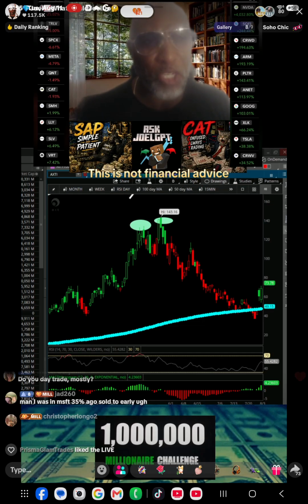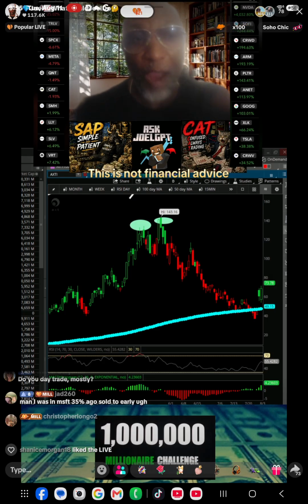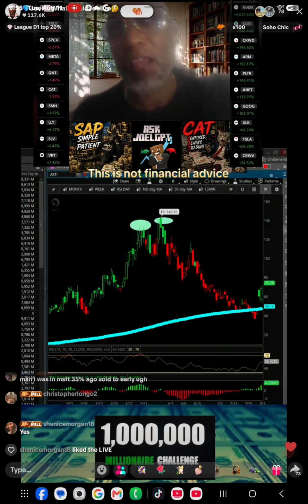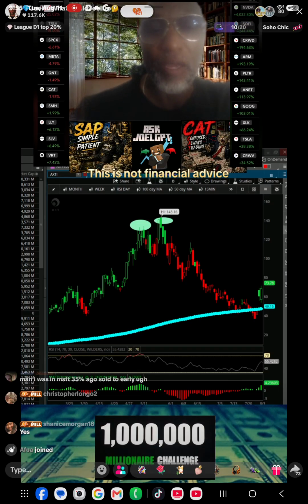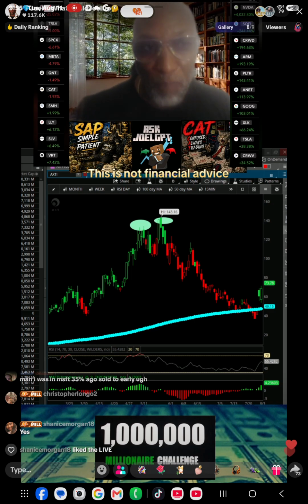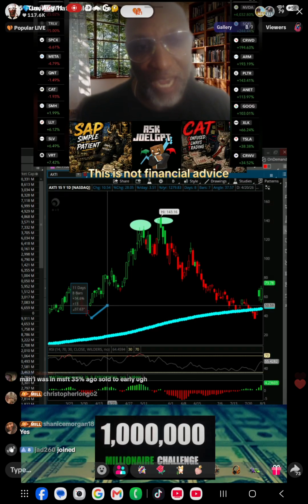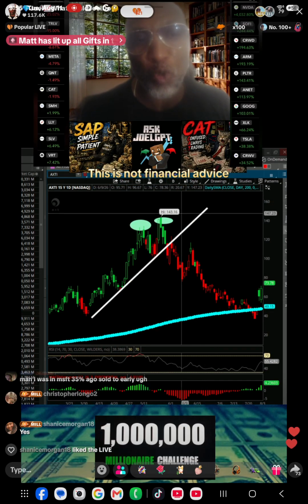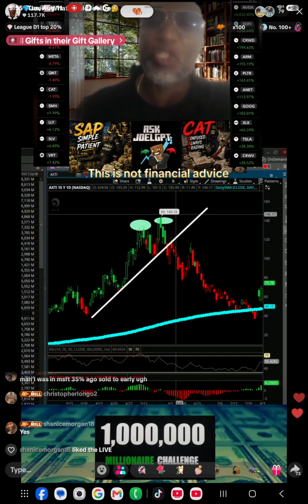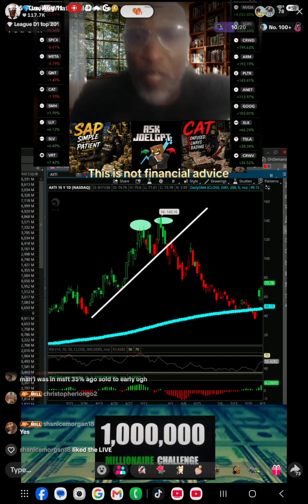The best shorts are going to be when that right eye is lower than the left. We call that a lower high. This one actually hit a high and then reversed, right? But if you threw a trend line on it, you could have taken a shot at a short. I know you guys wanted to short it right here and right here. That's not the best risk to reward area. I'm telling you guys, that's not where the professionals are shorting.